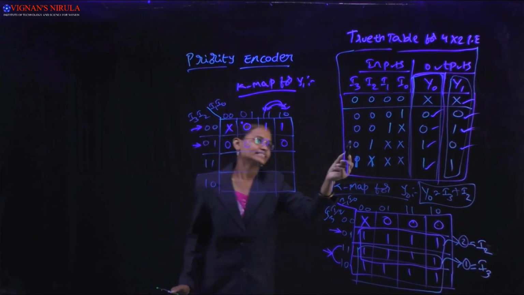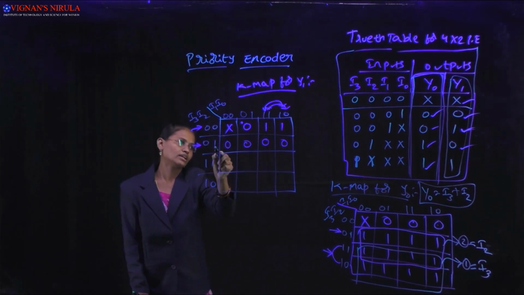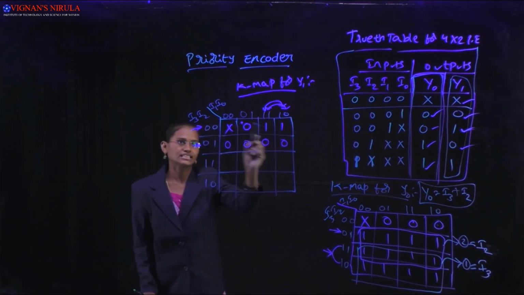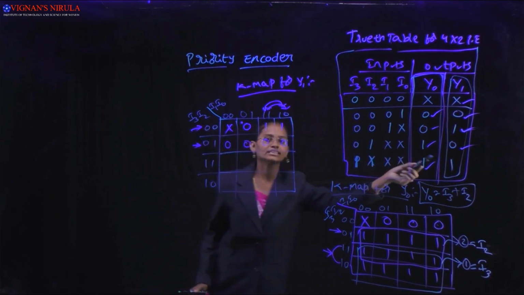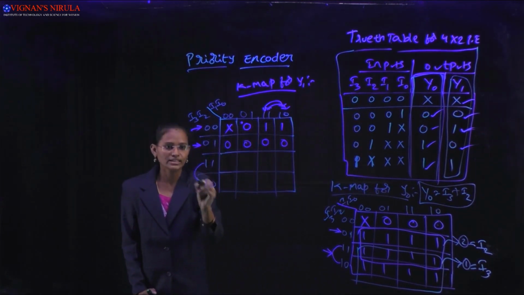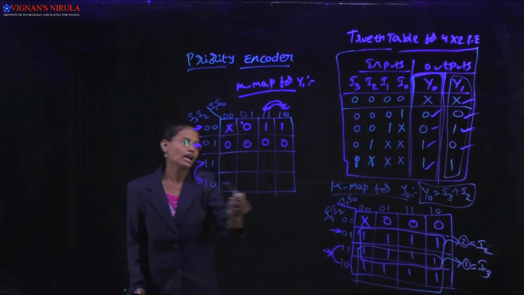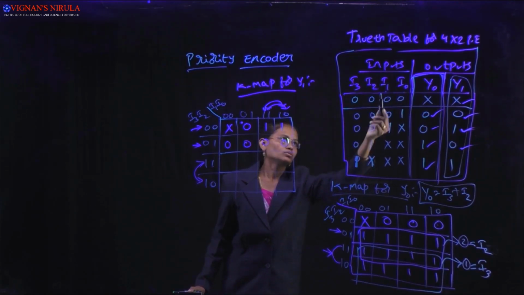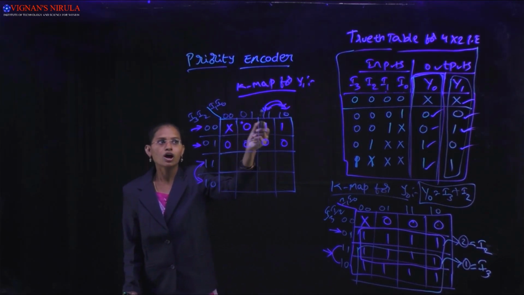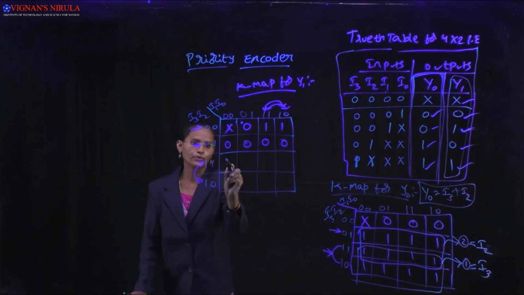And next, I3 is 0 and I2 is 1. And I0, I1 are X, so 0 0, 0 1, 1 1, 1 0. In this case, all zeros. And next I3 is 1 in this row, and I2 is X. X means either 0 or 1. And I0, I1 are both don't care conditions. The possibilities are 0 0, 0 1, 1 1 and 1 0. In all these rows, the output is 1.